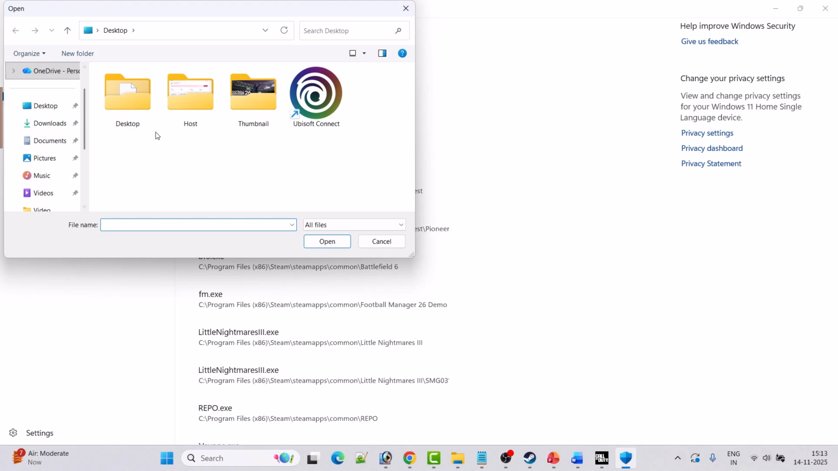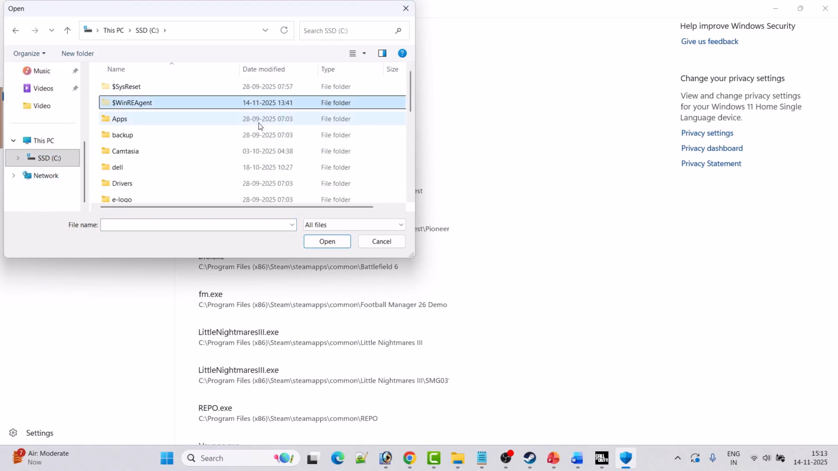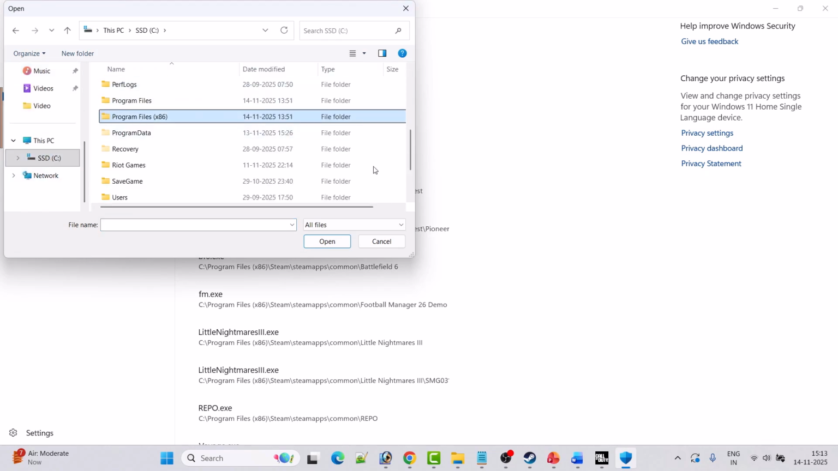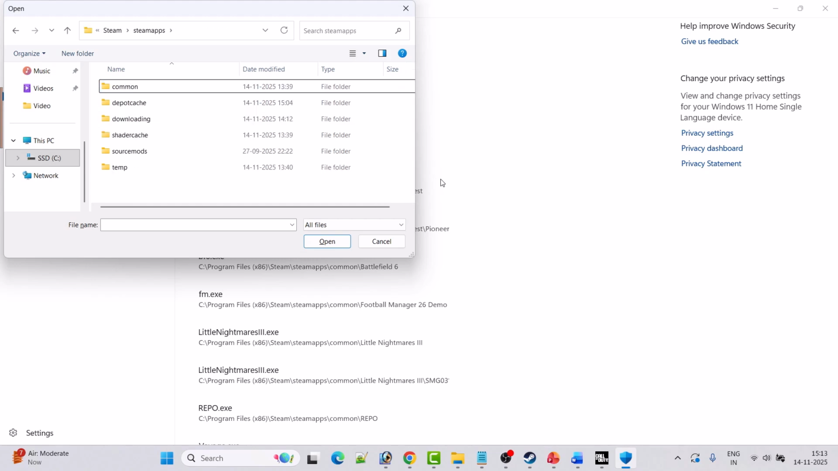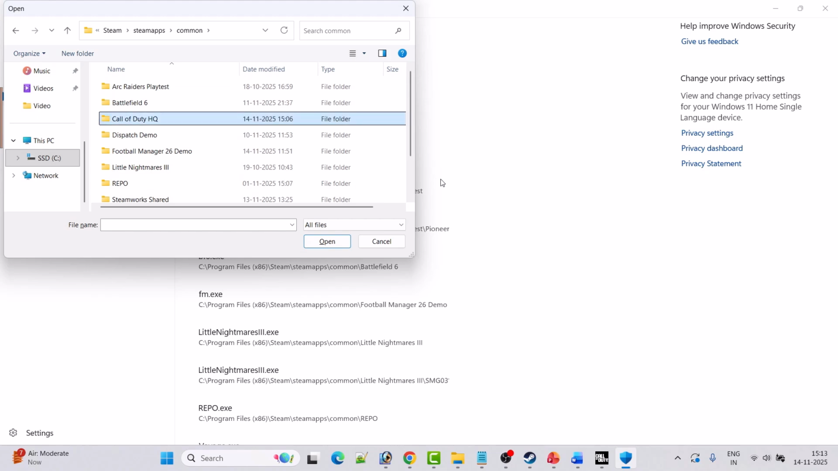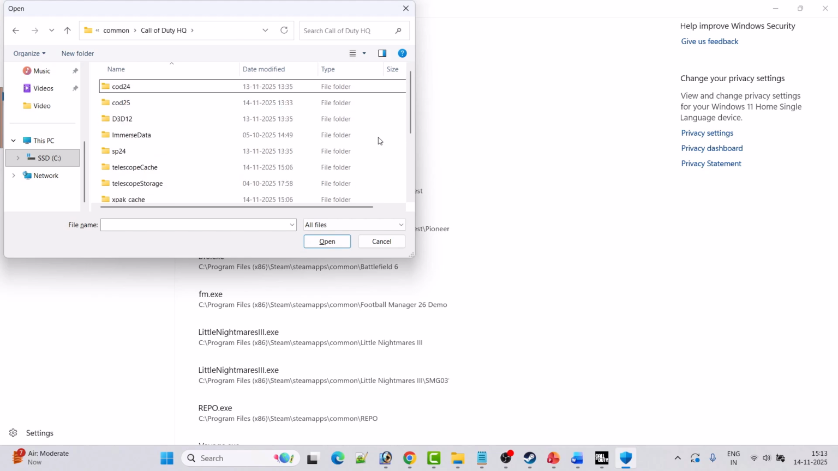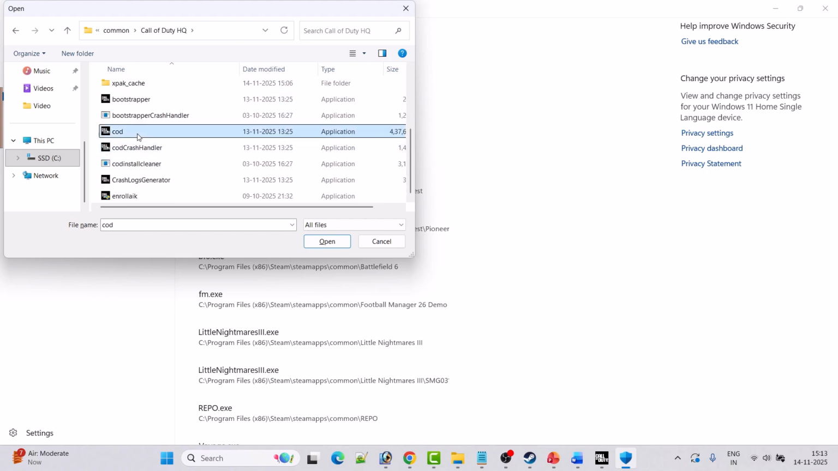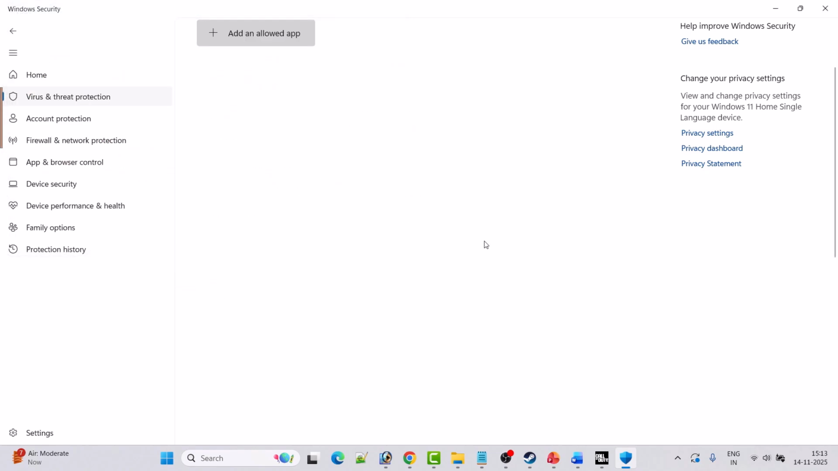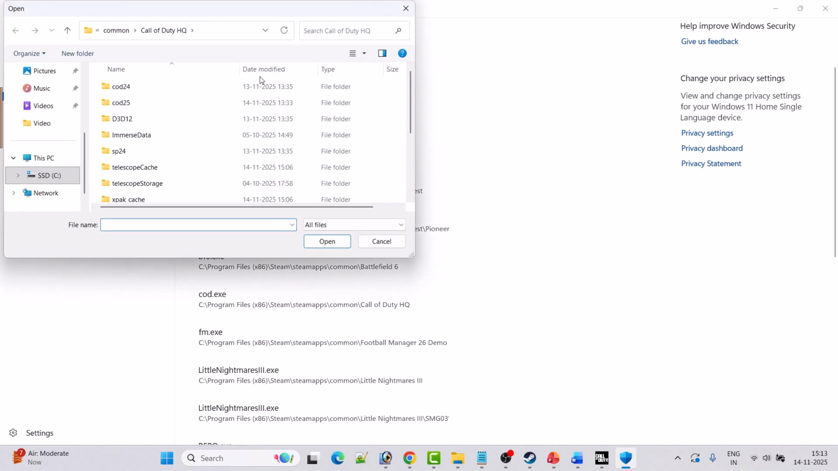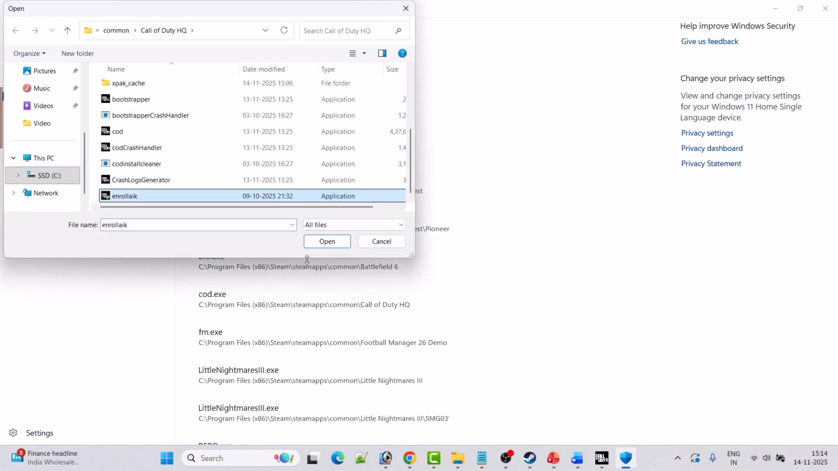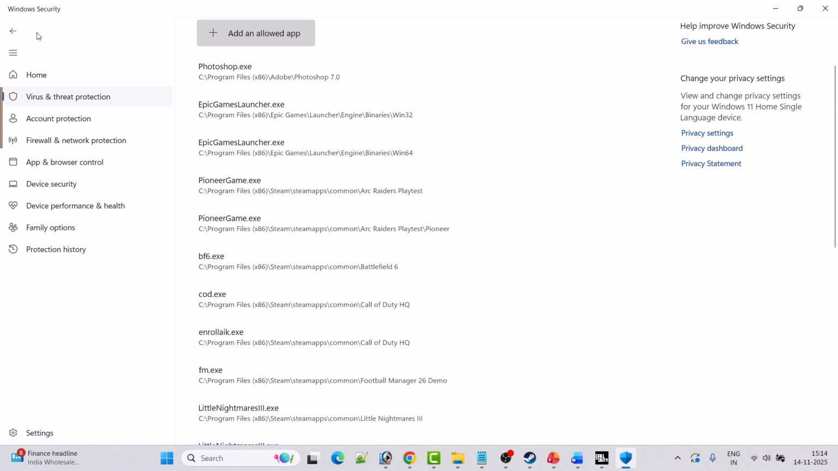Now to go to the game installation folder, open Program Files x86. Open Steam apps folder, open common folder, open Call of Duty HQ folder. Now here look for the COD exe file and then click on Open to add it to the list. Again click on Add an allowed app, click on Browse all apps. Also select this file and then click Open to add it to the list. Now go back,